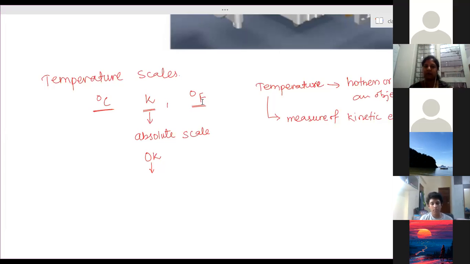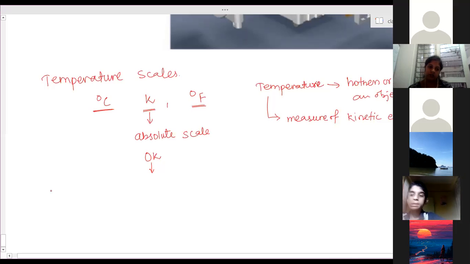So actually temperature means the amount of kinetic energy present in the body. When we decrease the temperature, kinetic energy of the particles keeps on decreasing, that means the temperature of the particle also keeps on decreasing. One stage is reached when kinetic energy becomes zero, then that temperature is called absolute zero temperature. Able to understand?